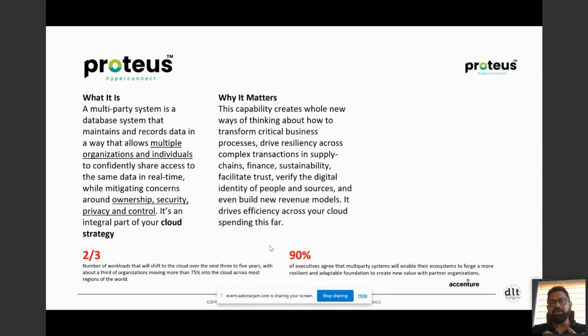So we become a kind of cloud apps connector, which works across different cloud products and different SaaS products which you have within the enterprise. And we work in business critical use cases in supply chain, finance, sustainability. We facilitate trust and we verify identity of different parties